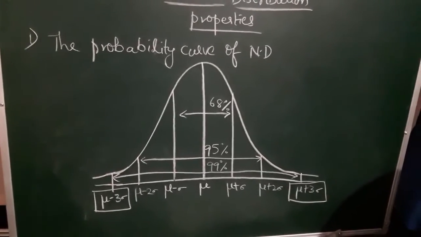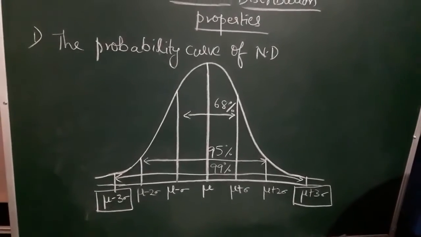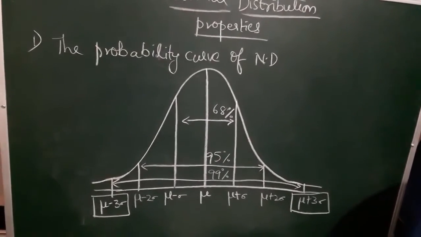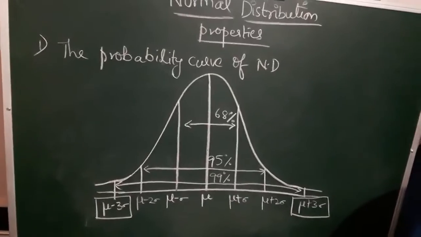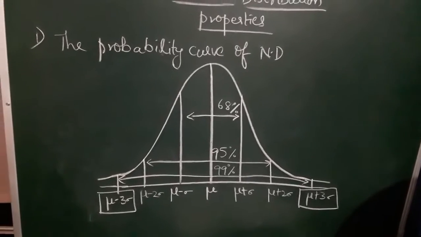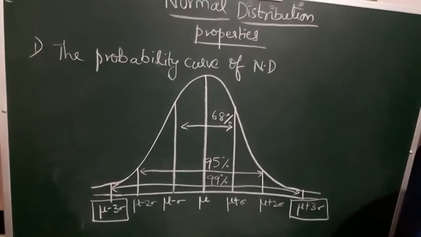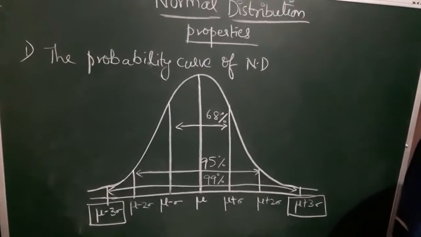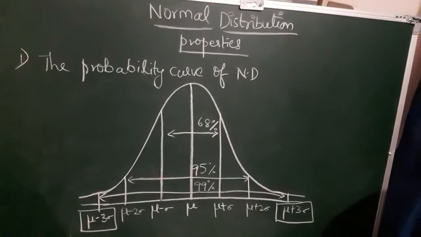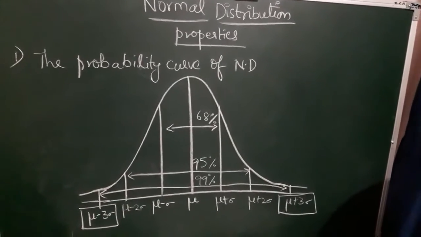I have taken a normal curve, which is a bell shaped curve, isn't it? Now I have taken some set of values towards your right and towards your left. Just observe: the probability curve of a normal distribution lies between plus or minus 3 sigma limits. Generally, what is the range of normal distribution? Minus infinity to plus infinity. Now, within that, the probability curve of normal distribution lies within plus or minus 3 sigma limits.